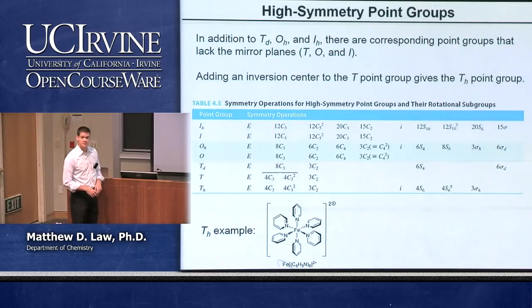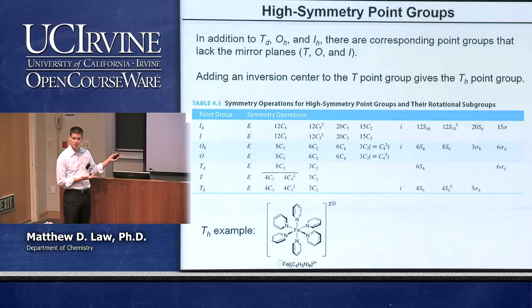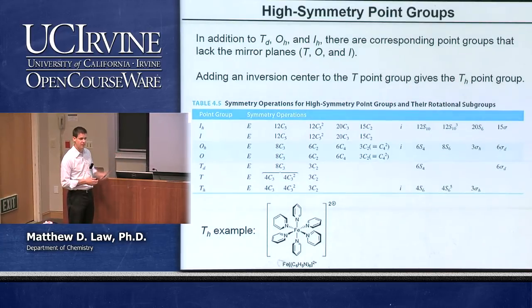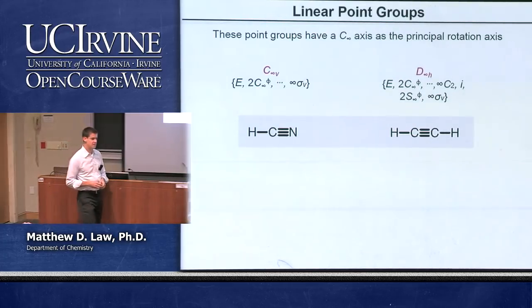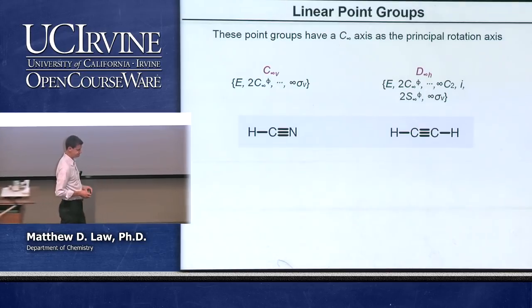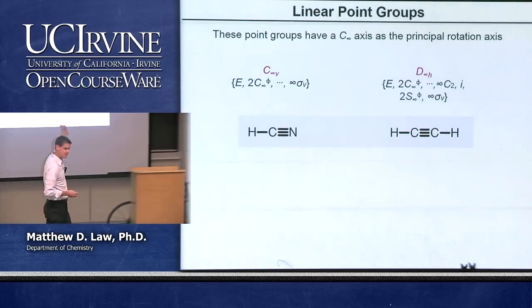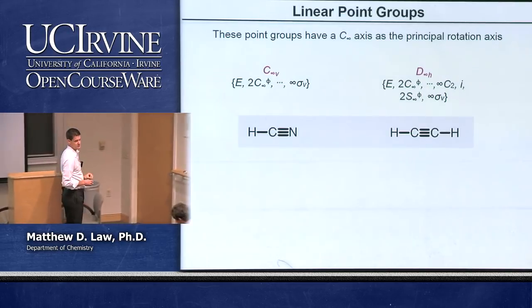Okay. So we have the 3 simple low symmetry point groups. We have 7 high symmetry point groups that you encounter fairly commonly in molecular chemistry. Let's look at the others. There's not that many more. Right? There are basically 4 more classes that we have to describe. One is pretty simple, linear point groups for linear molecules. There are 2 point groups for linear molecules.